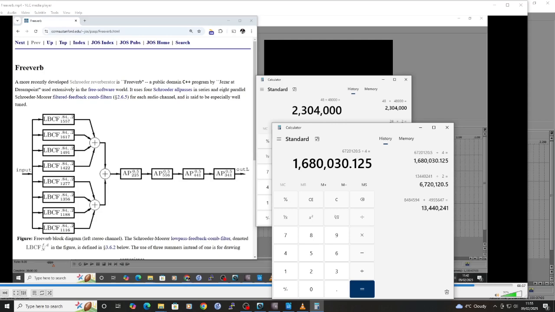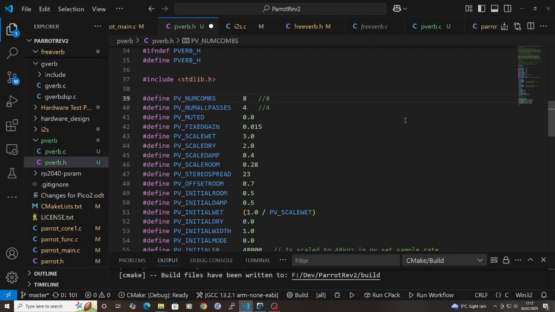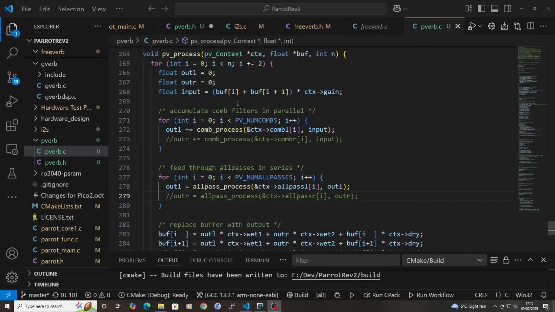But I should be able to trim down the number of comb filters and the number of all-pass filters, and see if I can get it to at least run in some shape or form. So I'm going to try that. The first thing I'm going to do is drop the number of comb filters and the number of all-pass filters by a bit. Then when I'm processing incoming samples, I'm still taking the left and right channels and creating an